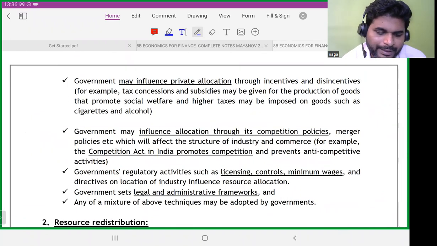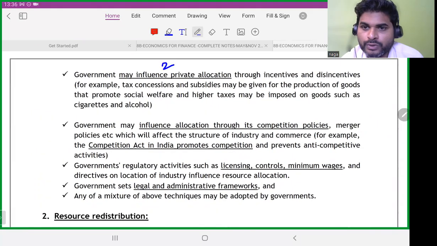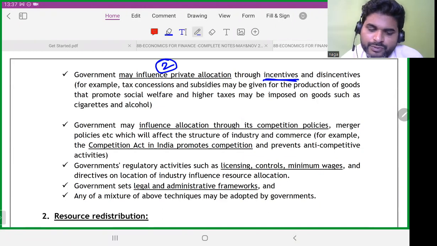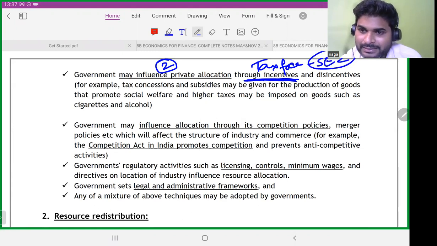Second, government can influence the private sector in how they are operating. One, by providing incentives. For example, if you are providing employment, I will give you incentives, tax free. SEZ zones, have you heard? SEZ, special economic zones, where the companies are not required to pay certain taxes. And there are disincentives for people too; to an extent, they can influence one side and the other side. For example, government wants to disincentivize people who are producing tobacco, right? They put higher taxes. So the government can influence.